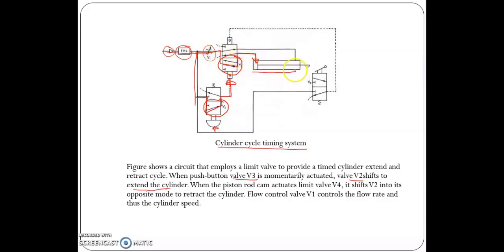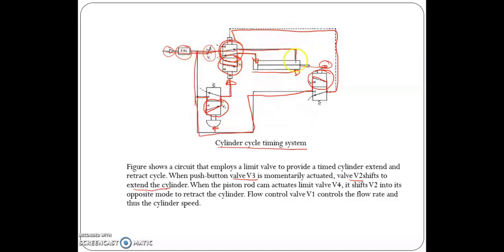cylinder extend. Okay, when the piston rod can actuate the limit valve 4, this one, it shifts V2 into its opposite mode to retract the cylinder. So bila the cylinder is fully extend, dia akan touch the limit switch. Okay, and then this 3-2 DCV akan shift to this position. So the compressed air akan flow through this one. Okay, so dia akan activate the 5-2 DCV to the opposite position. So dia akan menyebabkan